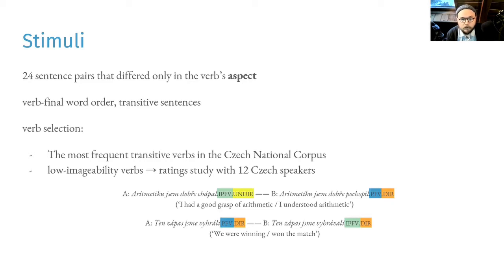sentence pairs that all followed the final word order to ensure that the gestures would be associated with the verbs and nothing else. The nature of the Czech aspectual system, as was mentioned before, allowed for constructing nearly minimal aspectual pairs, as most verbs come in morphologically marked aspectual variants. Only 3 verbs in our sample, however, allowed for constructing sentence pairs that would differ in directedness too. So most of the stimulus sentence pairs only differed in aspect and were directed.